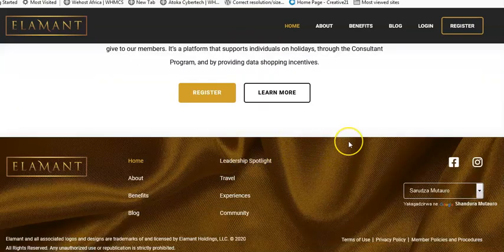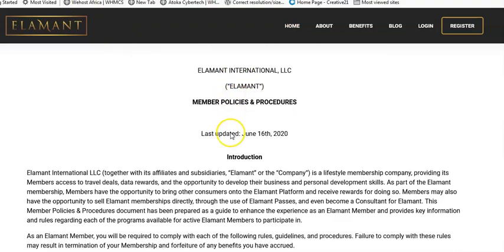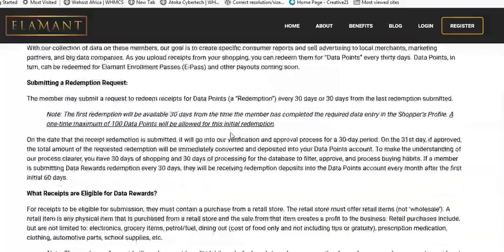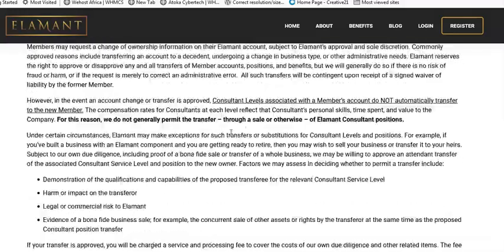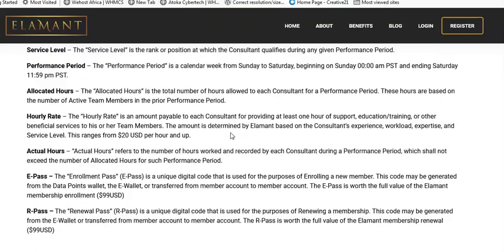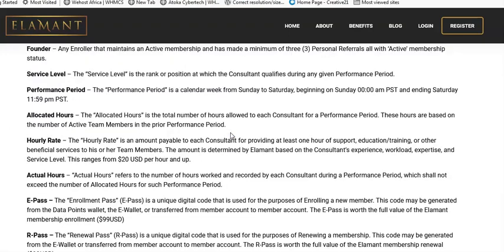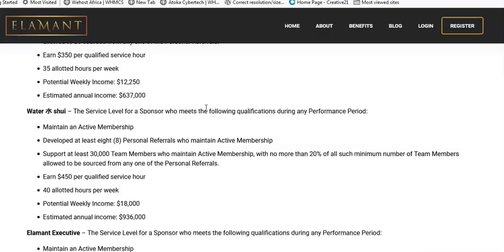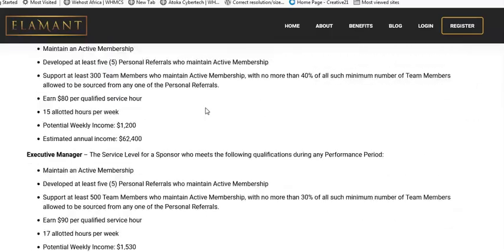And the one place that I recommend you not to skip is the member policies and procedures. That is right at the bottom right there. It's very important you go through this black and white paper. This is more like the Elamant Bible. Okay, it explains every piece of how Elamant works. At the stage that you're getting started, especially if you're getting started, there's a lot of gray areas. There's a lot of information that you don't understand about Elamant, but this whole document answers most of your